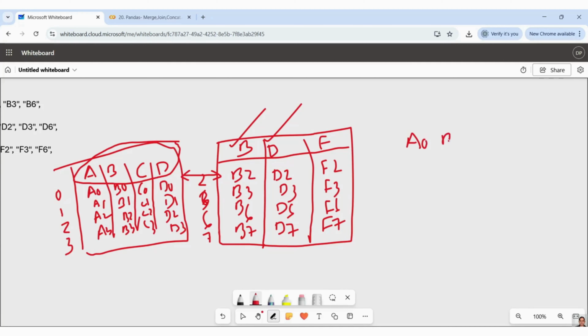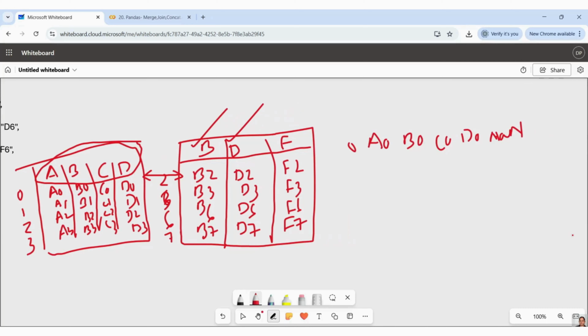These are my values: A0, B0, C0, D0. This is my 0th row. Are we seeing any 0th row values here? No. So those values will come as NaN, like that, NaN and NaN.